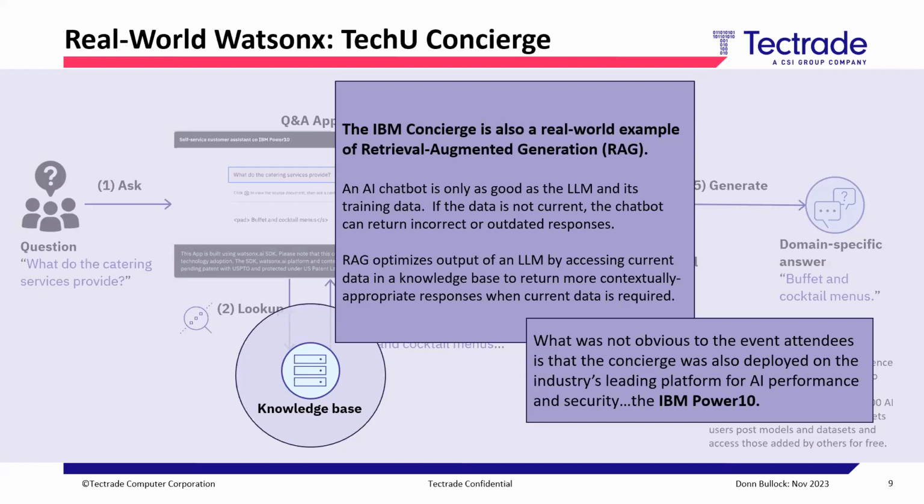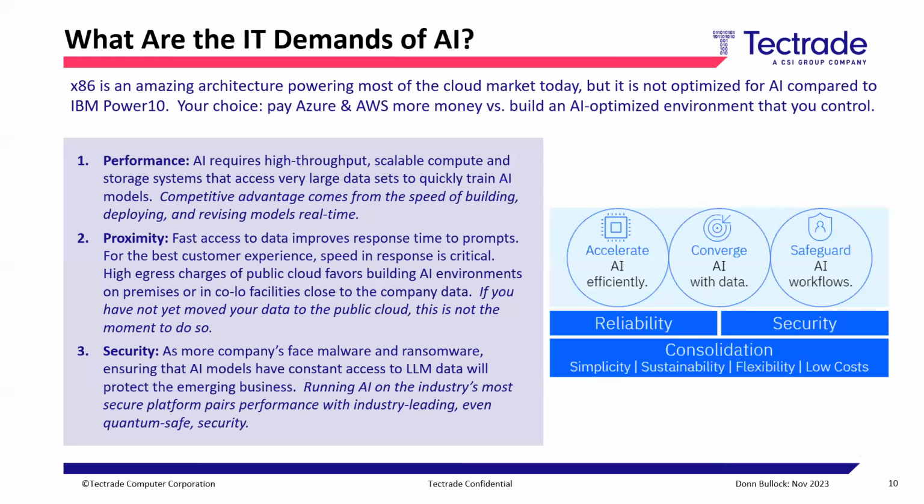But one of the things that no one really knew about until after the conference was how this technology was being delivered. And it was being delivered on IBM Power 10. IBM Power 10 is the industry's number one platform for AI. We're going to take a couple of minutes and talk about the things that Power 10 can do relative to helping us to understand. Before we get there, let's just look quickly at some of the demands that we're going to face in IT